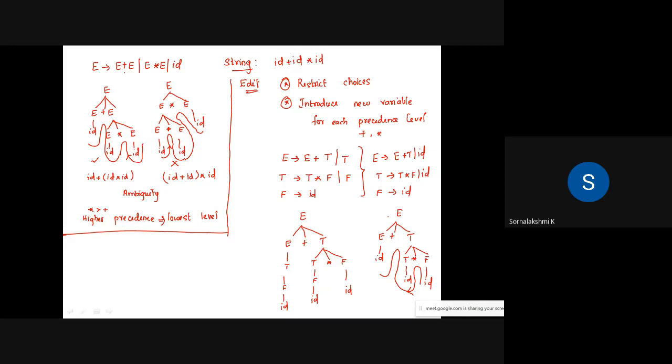Unambiguous. We've reduced all the confusion, we have restricted the choices, and we have made sure that only one parse tree will be generated for this string. Okay, so this is how